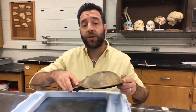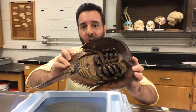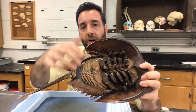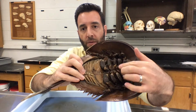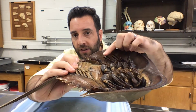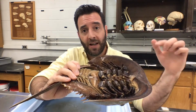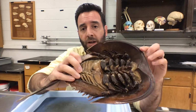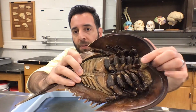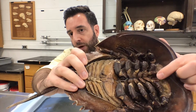Okay, now let's flip this guy over and we'll look at some of the really scary parts of this. So, as I bring him up to you, you'll notice that there's this series of claws, right? These appendages that all end in claws right here. It's kind of tough to get a view of the claws there, you can see. And those again look like they're pretty fierce, but their main function is to help this guy walk along the bottom. So we've got these nice pairs of legs to help them move along. It might be a little less obvious, but there is one more pair of legs, little claws right here, right